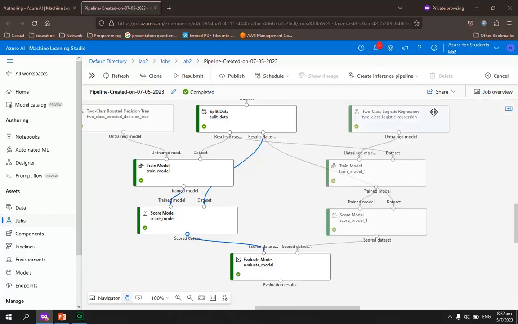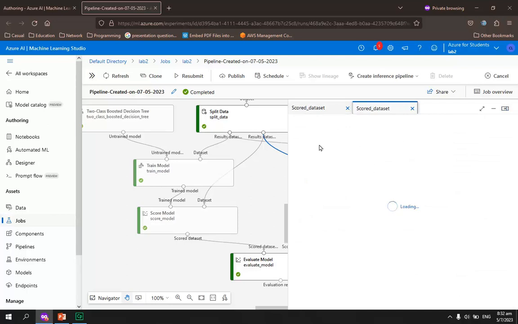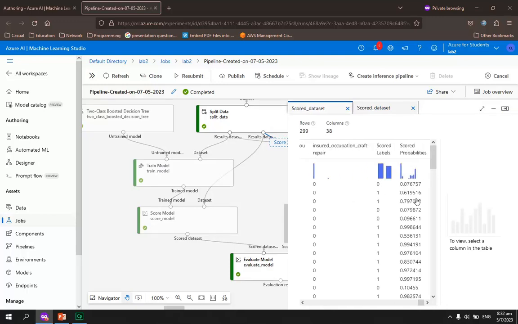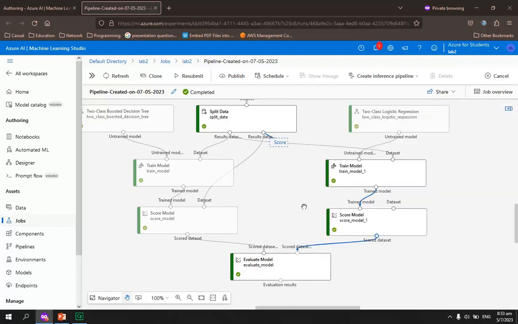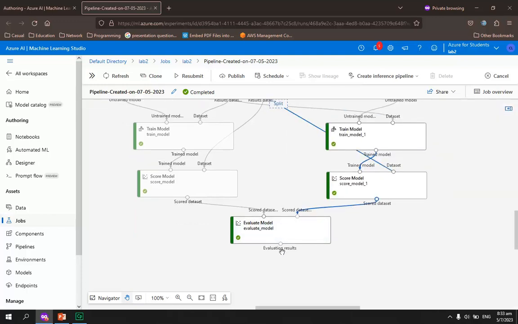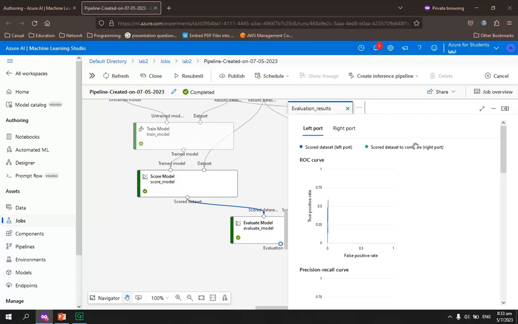Similarly, if you look at the score model for the two-class logistic regression under preview data, scroll all the way to the end, you will also be able to see the score model. But just by looking with the naked eye, it's very hard to compare which of the model is better. That's the reason why we make use of the evaluate model to compare between the two training models. So right click on it, preview data, and you will be able to see the evaluate result